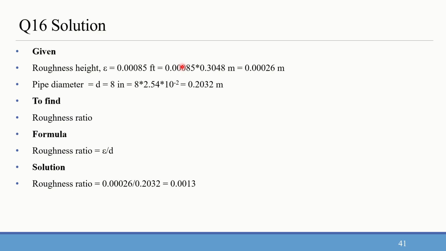So it is 0.00026 divided by 0.1524, and that gives us 1.7060 into 10 power minus 3 for the 6-inch pipe. Depending on the diameter it varies, because roughness height is the same as it is